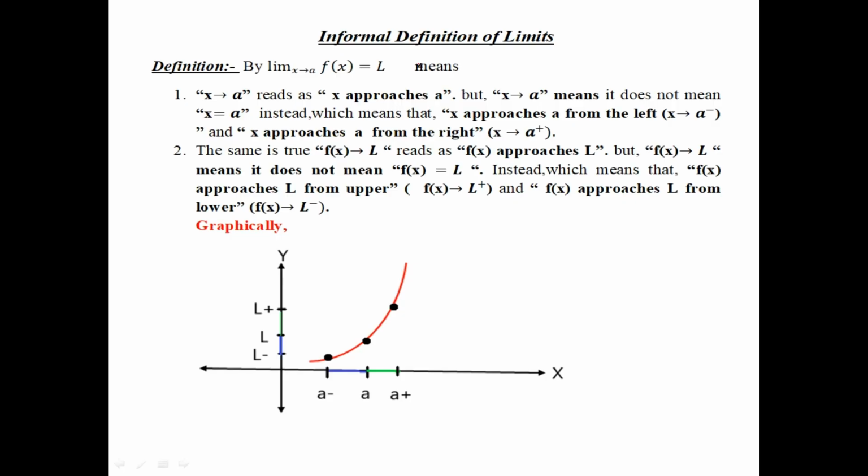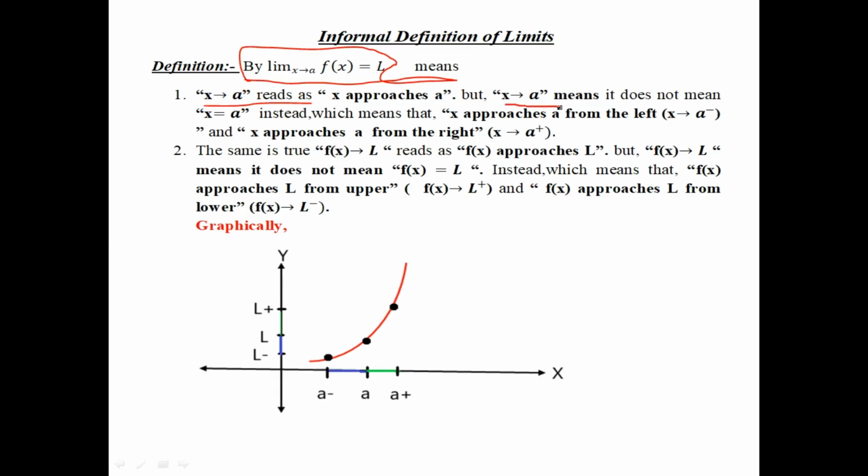So we must see the definition of the limit. It has two types of definition: the informal definition and the formal definition. Limit is written in such a form, which is read as x approaches a, but